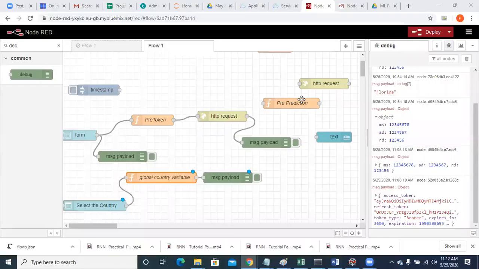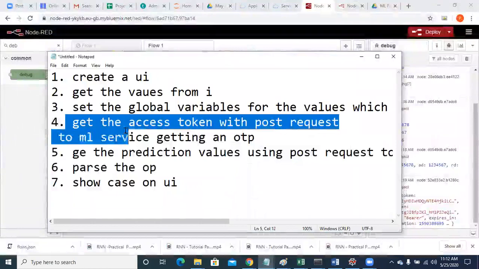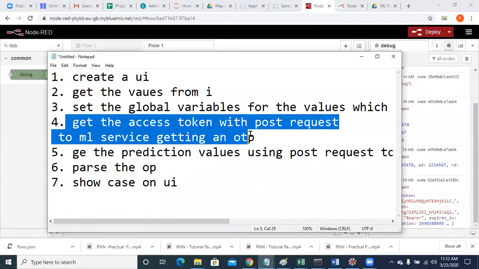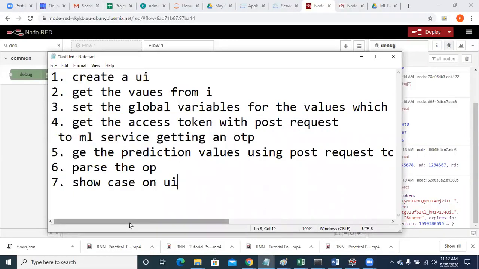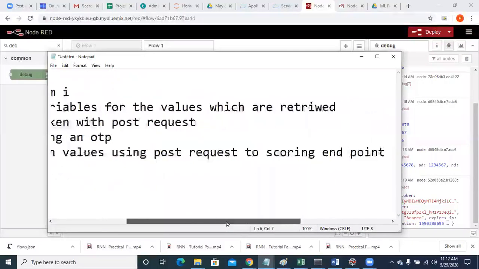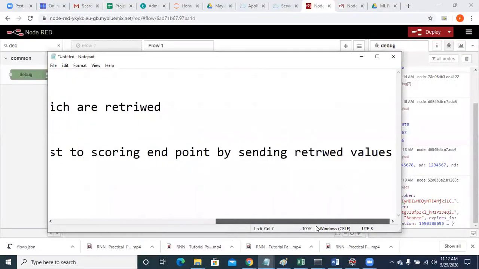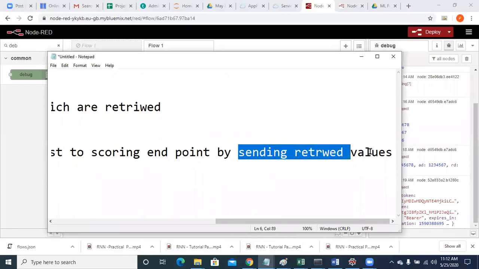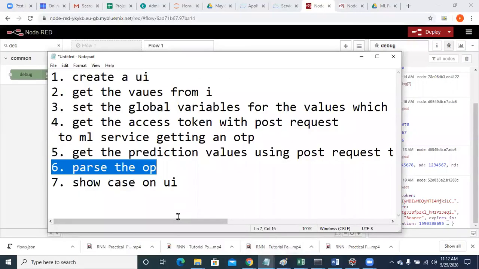The next step. So here I got the access token using ML things. And then get the prediction value using a post request to the scoring endpoint by sending the retrieved values.